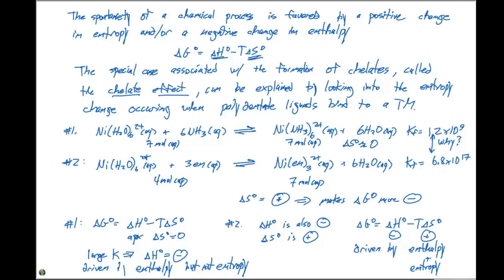If we have a really, really large value for delta G, the spontaneity of the reaction is going to be driven by both the entropy and the enthalpy. We have that in case number 2. Whereas in case number 1, it's just the delta H that will drive that reaction forward. So this is why we see a large increase in the Kf value, or the formation constant, for this particular reaction. Okay? So